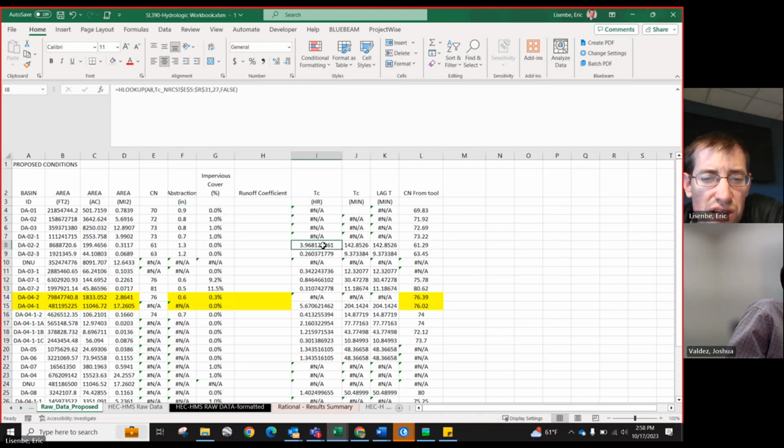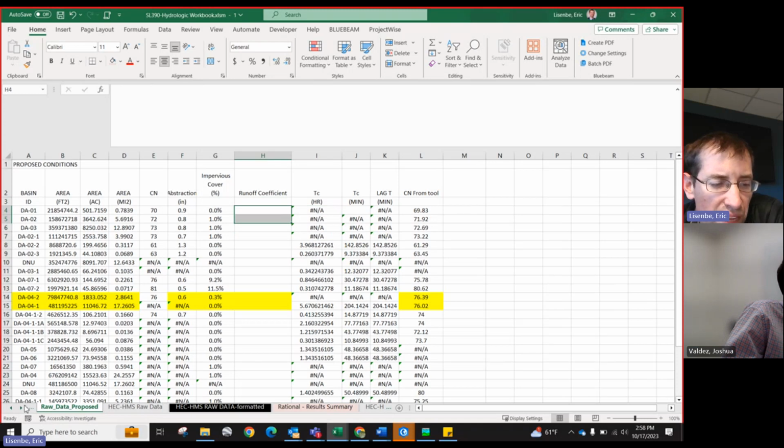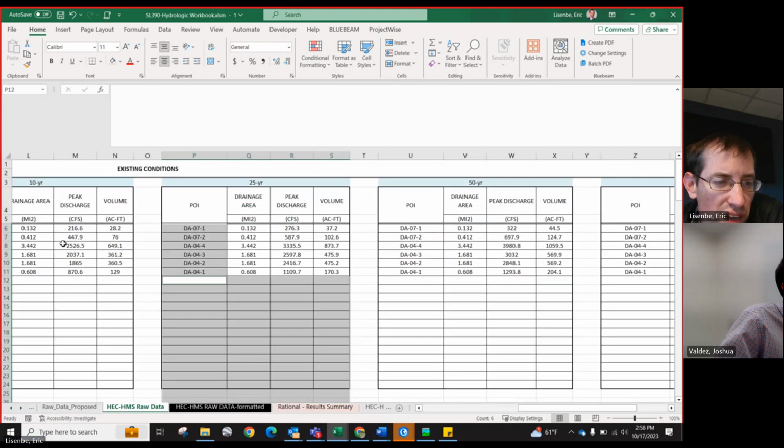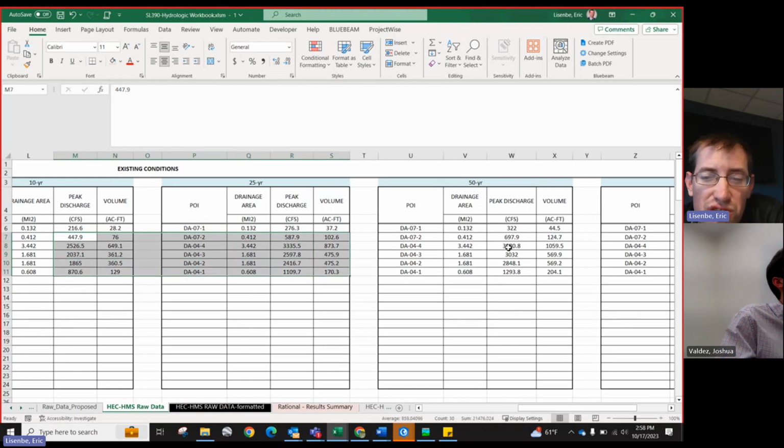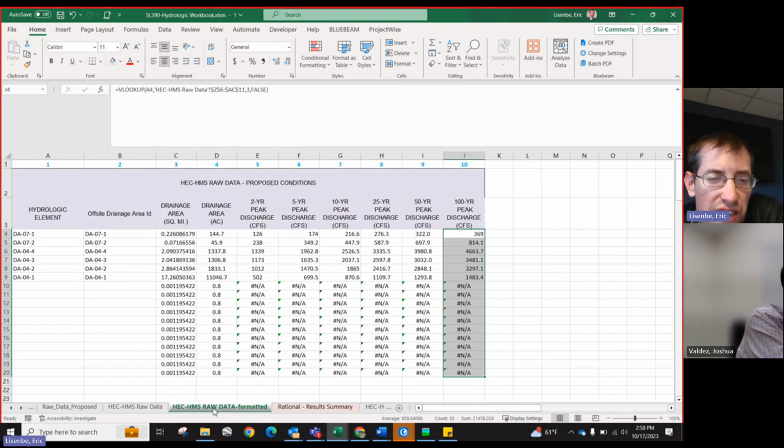It's set up. It just has some with incomplete data, and I haven't done the coefficient yet. The other thing is that it would assume that we copy the HEC-HMS results for each run, and then it's going to